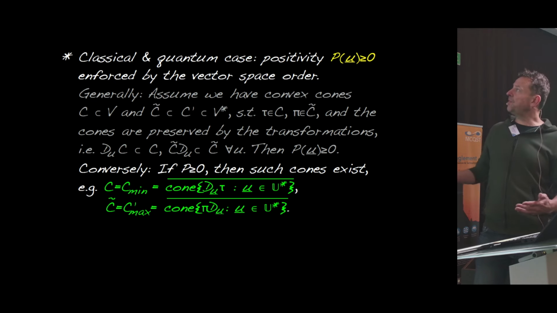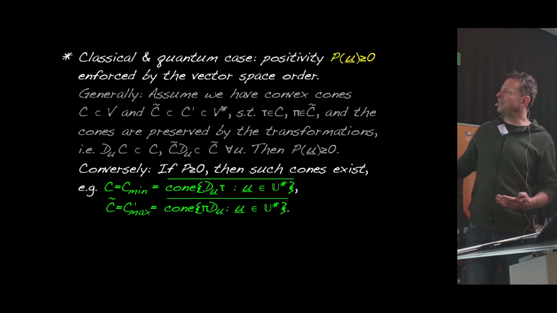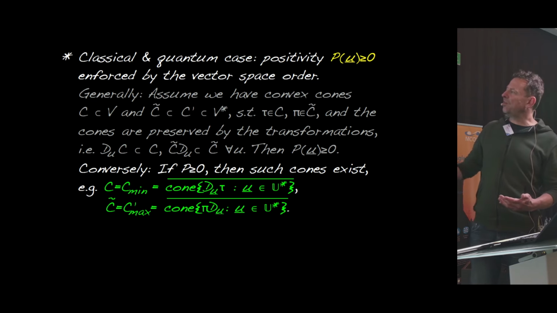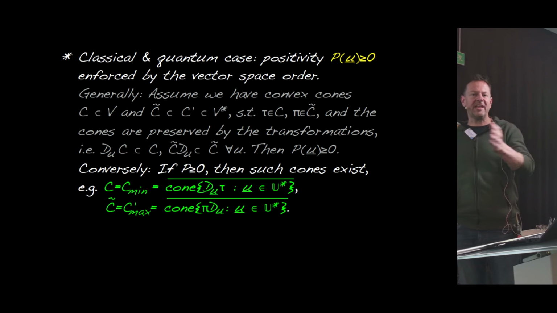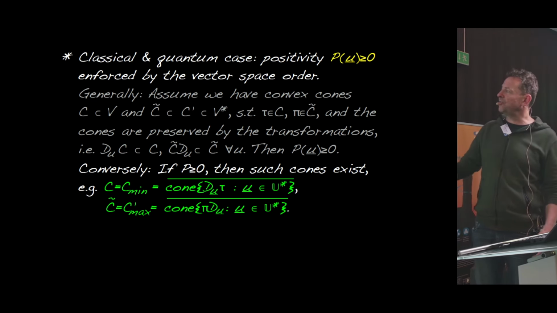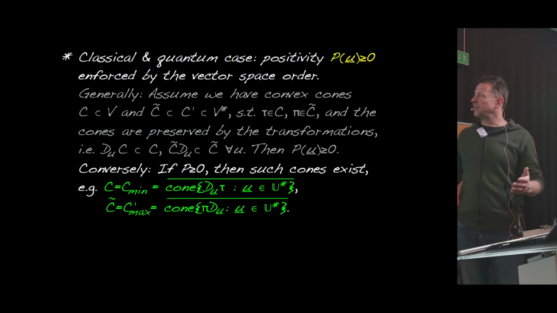And in fact, this is not just sufficient, it's also necessary. If you know that your linear algebraic data produce non-negative probabilities, then we can construct such cones that are preserved under those maps. The simplest one is, for example, you just take the unit and act on it with all the evolutions. This is a U bar, a string of maps, U1, U2, and so on in any length of succession. So it's a countably infinite set of elements in the vector space, and you just take the cone generated by this. And in the dual space, you act with those same maps on